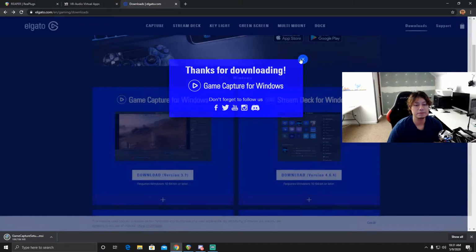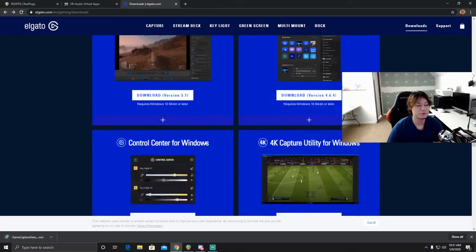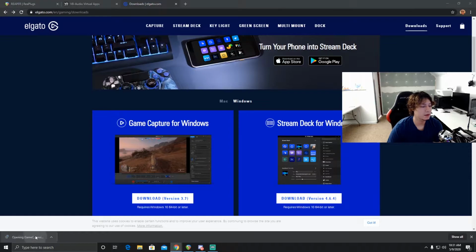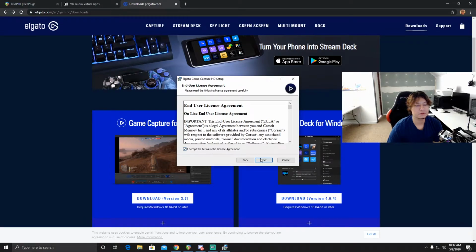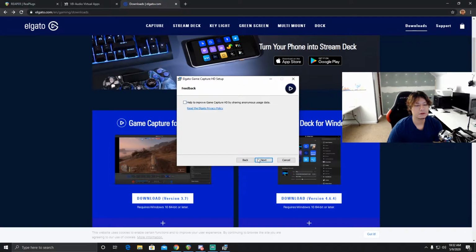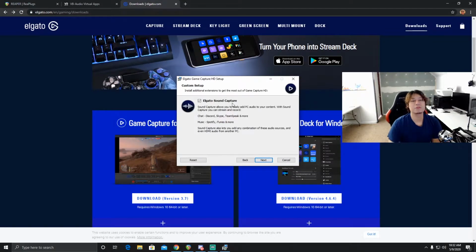Alright, so just go to your game capture for Windows, and install that. Next, accept, next. And then once you get to this option here, go ahead and install the Elgato sound capture. That's what I use. I don't even use an Elgato capture card, but the Elgato sound capture is just a